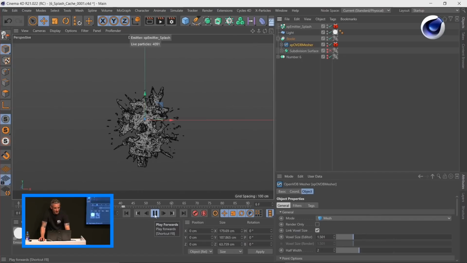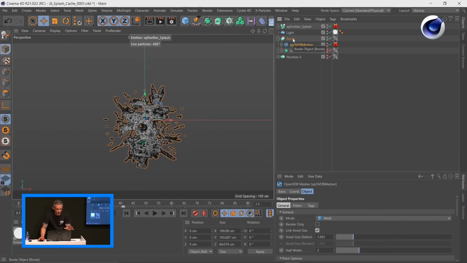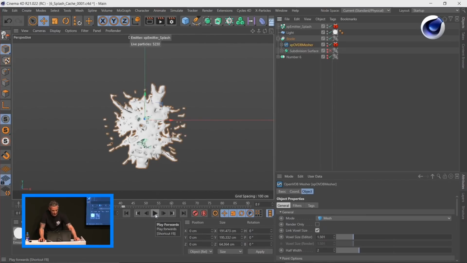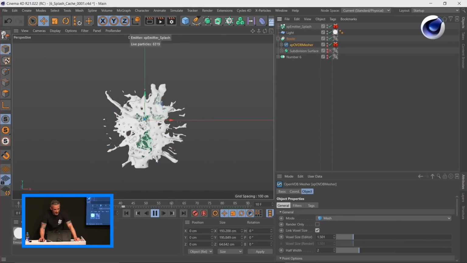So now we have the same principle. Now it's going to run relatively slowly because the Boole is having to work pretty hard here, and it's mixing this incredibly dense polygon mesh, and it's joining edges, and it's doing quite a lot under the hood. But this is the splash. Let's take those lines off. And as the splash gets bigger and bigger,